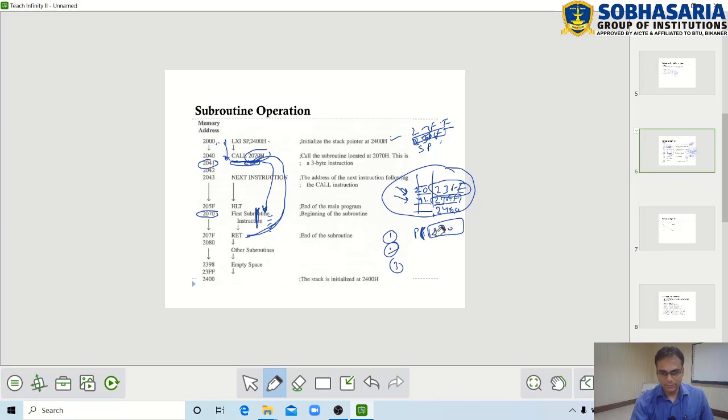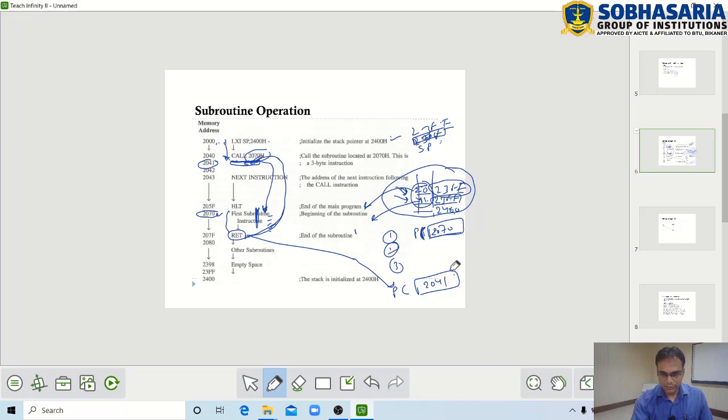So now program execution will be transferred to the 2070 location, and then this subroutine will be executed, and as soon as the return instruction is executed, these two elements will be retrieved or popped back to the program counter.